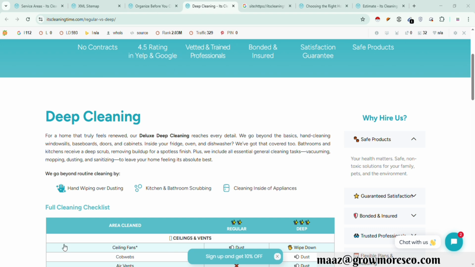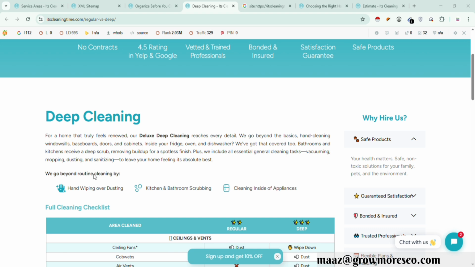If we look at the backlinks, they are not worthy. They are mostly directory backlinks, and mostly they are not nofollow. If we look at the anchor text, it is actually very bad.